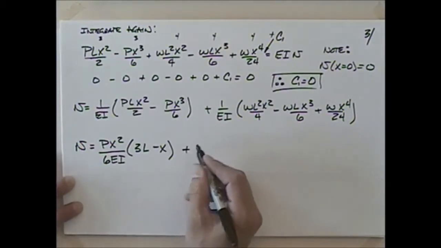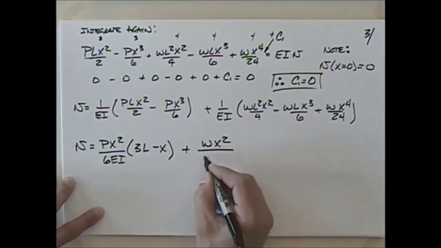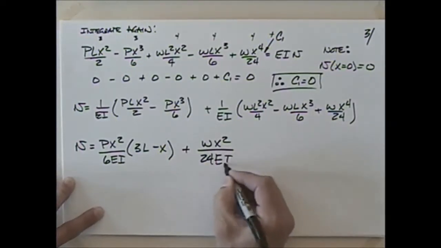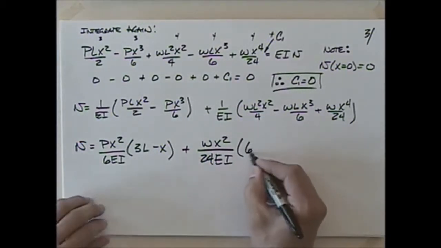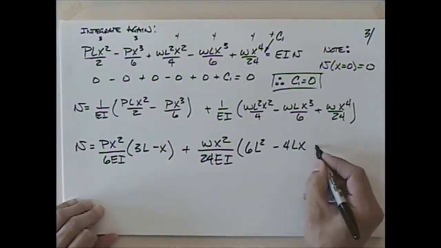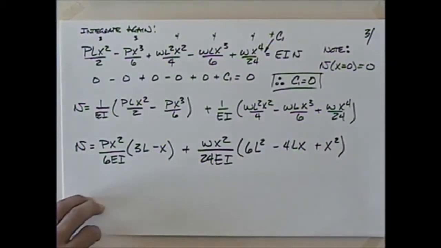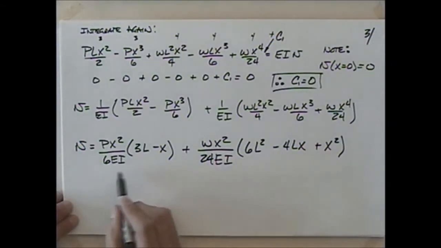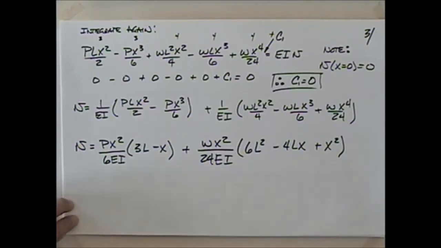And then here we'll pull a Wx squared out, and we'll have 24EI, and we'll then have 6L squared minus 4Lx plus an x squared. Okay, so those are terms, and we can see very clearly what terms are